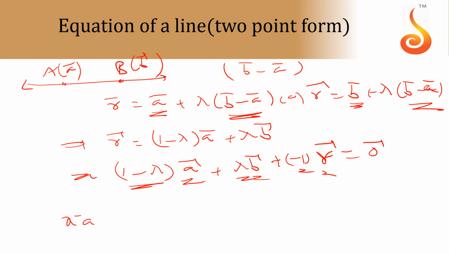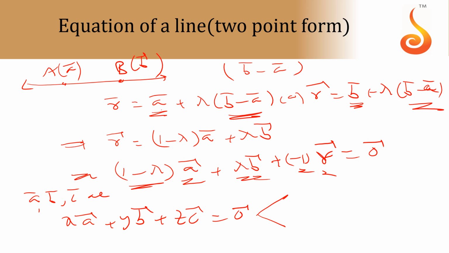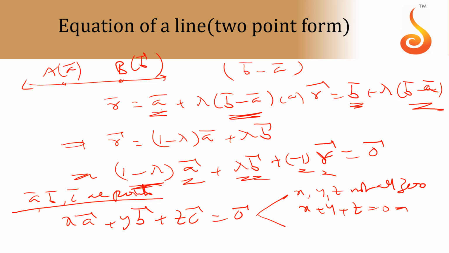So you can write one important point, x a bar plus y b bar plus z c bar equals O bar, where remember a bar, b bar, c bar are points, not vectors. If they are vectors, it will go into the coplanarity, non-coplanarity structure. Now it is not vectors; I'm telling you they are points. Now x, y, z not all 0 but their sum is 0, then collinearity. So the points will be collinear.